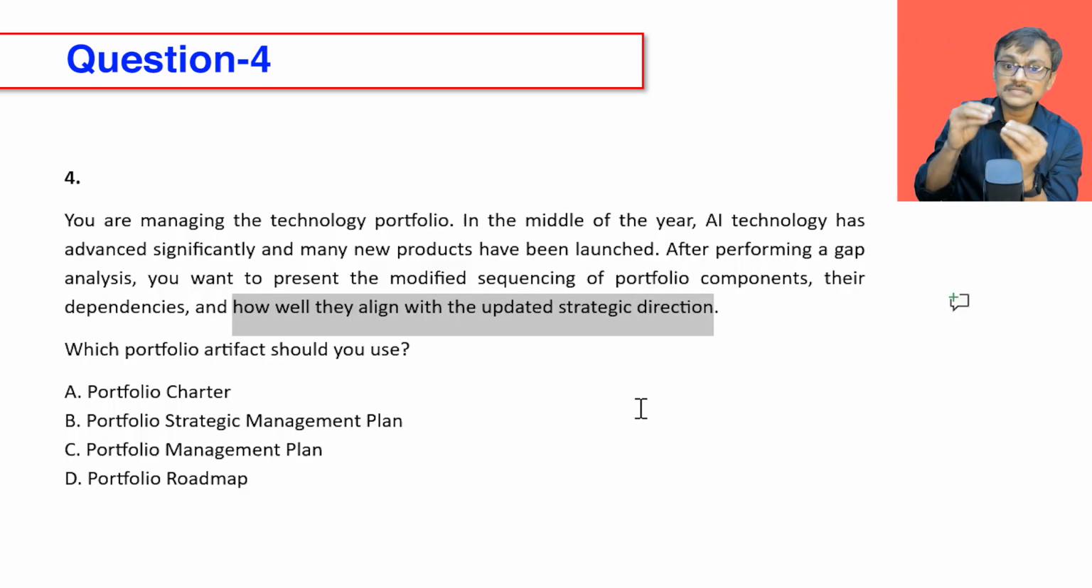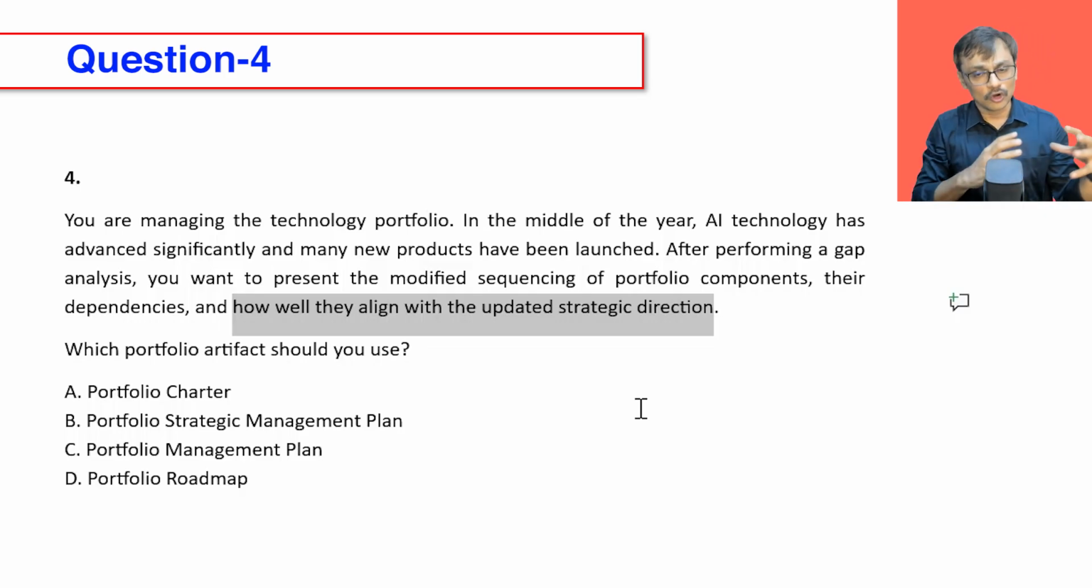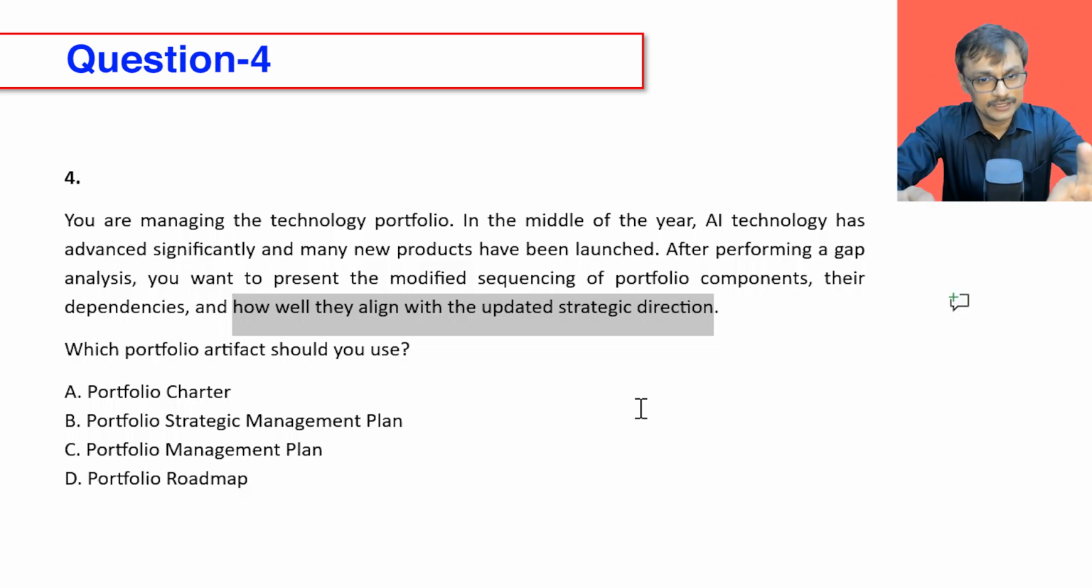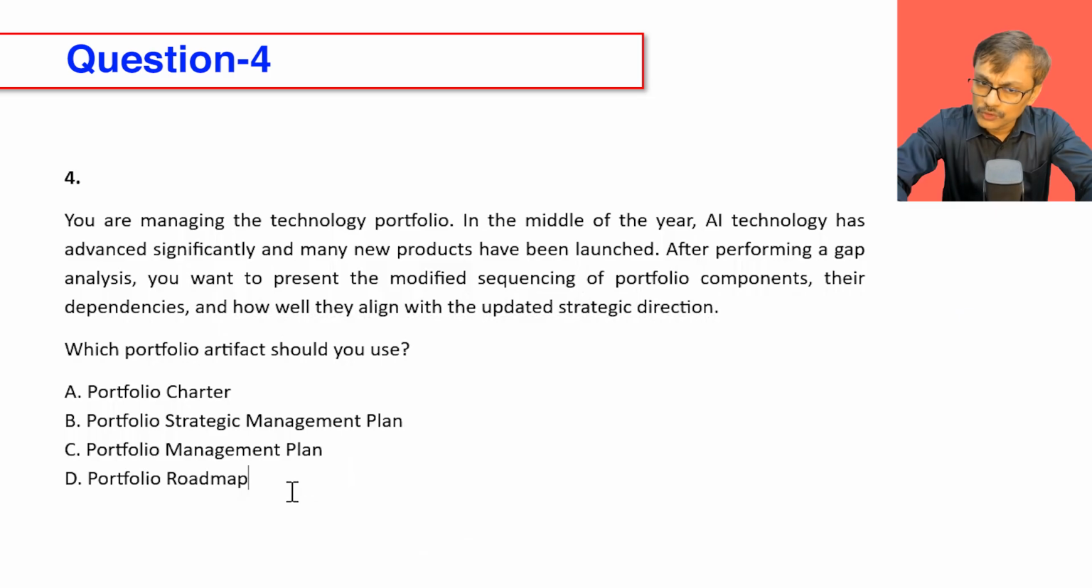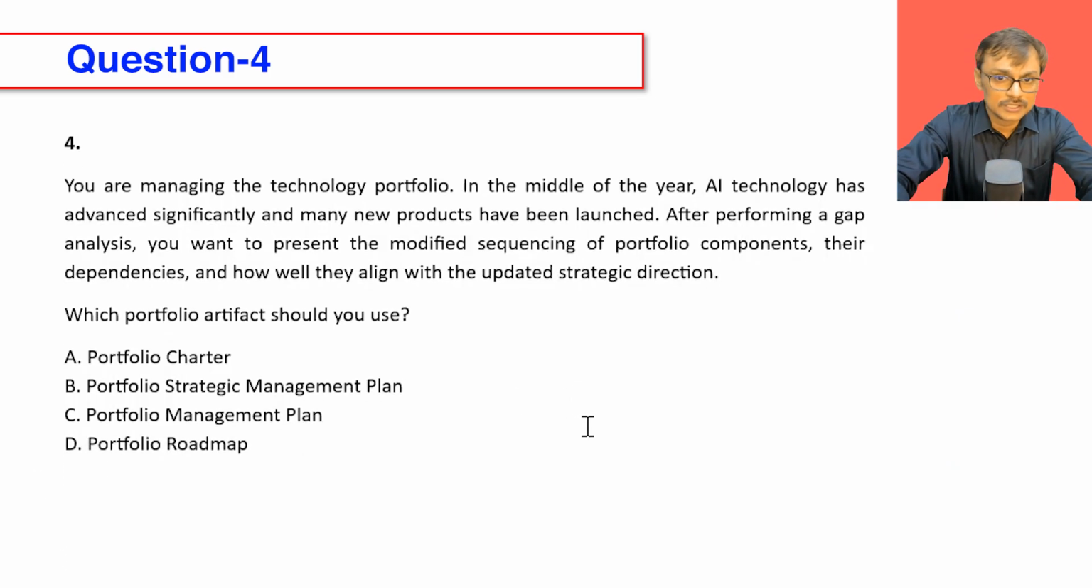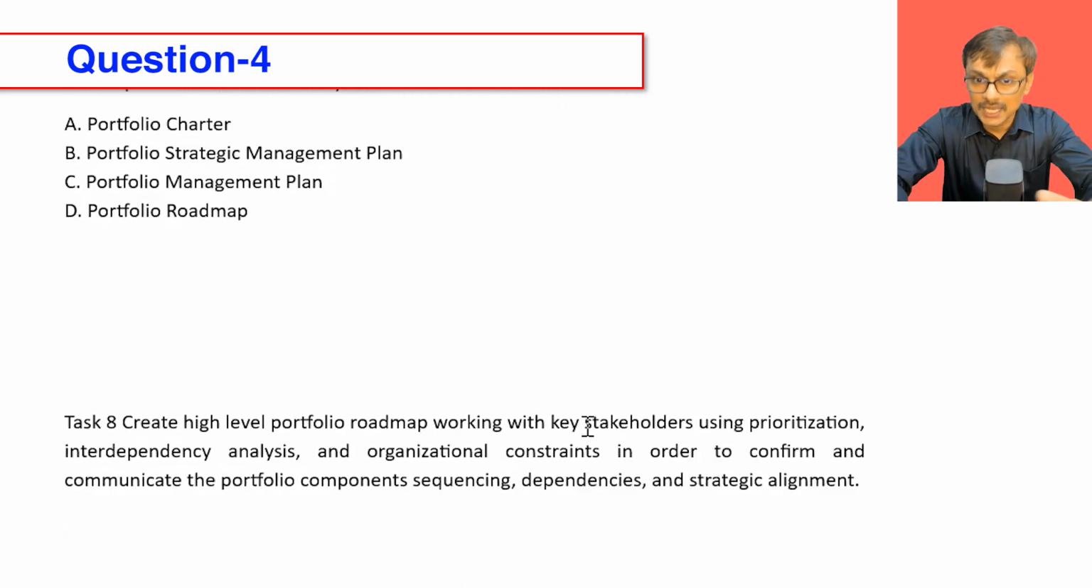are aligning to. So roadmap is expected to show how various sequence components are aligned to strategic direction as well. That's the only thing I wanted to communicate, and that's why I added this question. And the option is clear. Option is portfolio roadmap. In fact, you do have a task in your strategic alignment domain, task 8, last task,